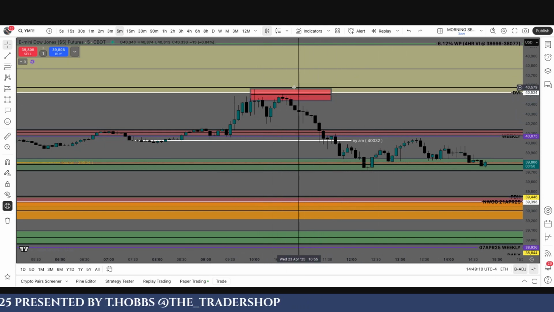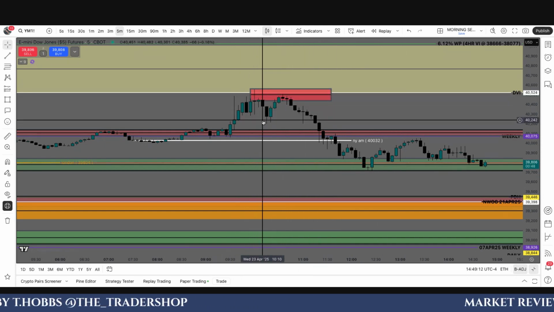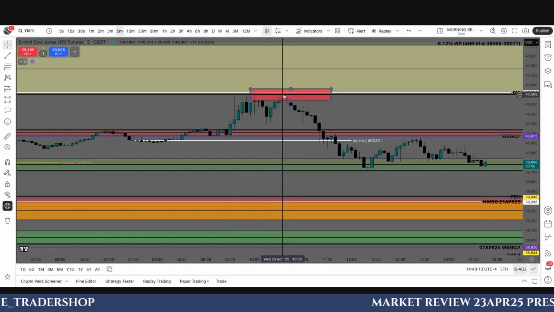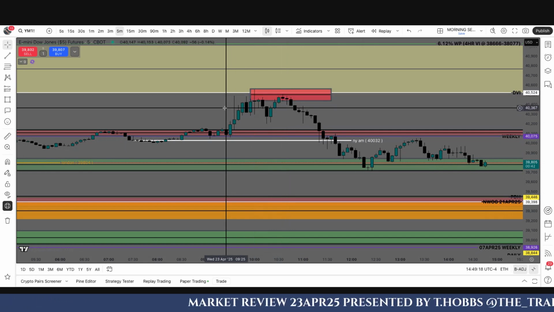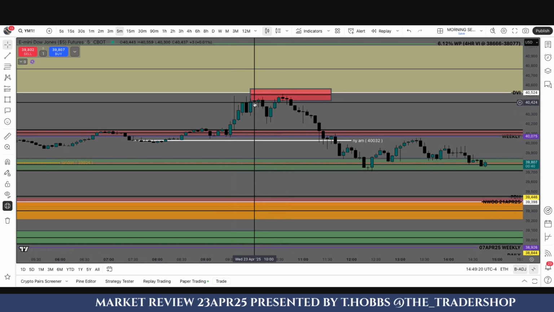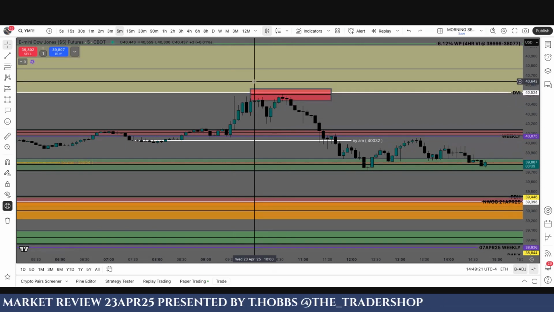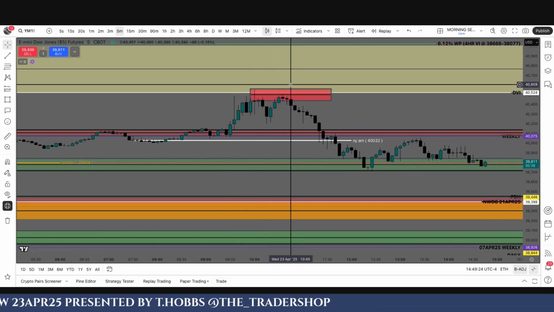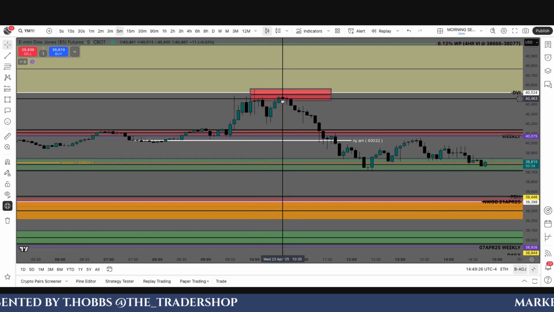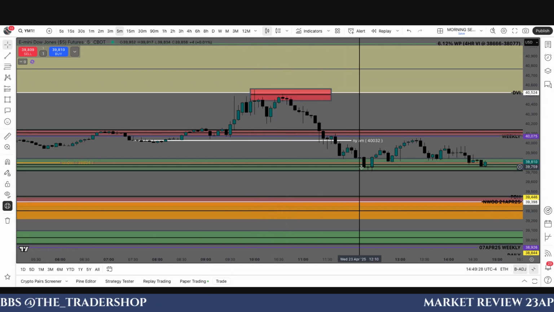We tapped into the liquidity. That's game time. We come back up here, we break the structure, we come back up. Boom. I'm short at 10:35. Basically the same time, but you see how the NQ candle at 10 o'clock ran this candle and stopped me out. On the Dow, it never ran the candle and it went straight to midnight, right?